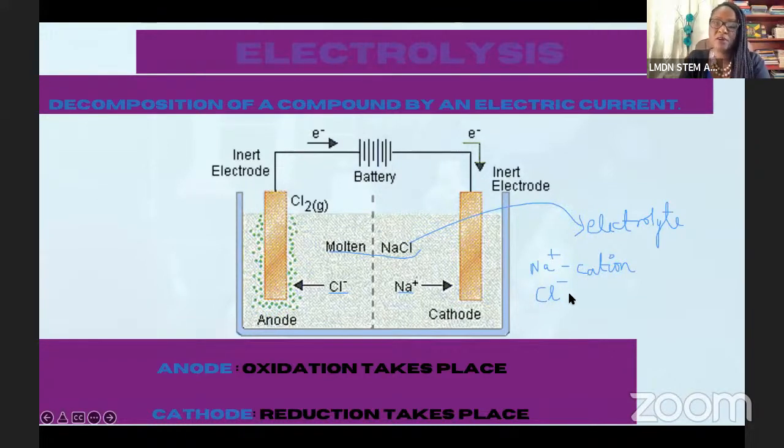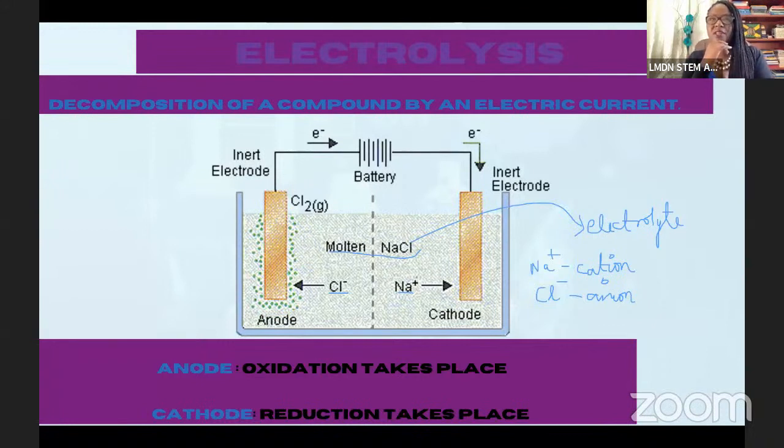All right, so we have our chloride ion as well, and that comes from our molten NaCl. The chloride ion is an anion. That's what we call negatively charged species. We call them anions, and we call the positively charged species cations. I just said that we call our positively charged species cations, and our negatively charged species anions, right?